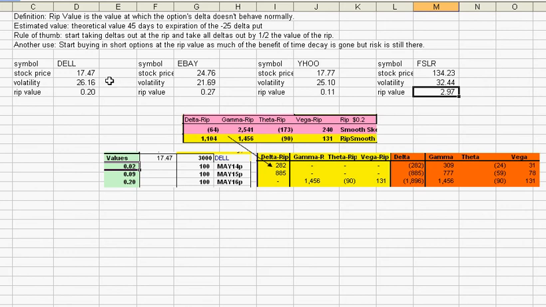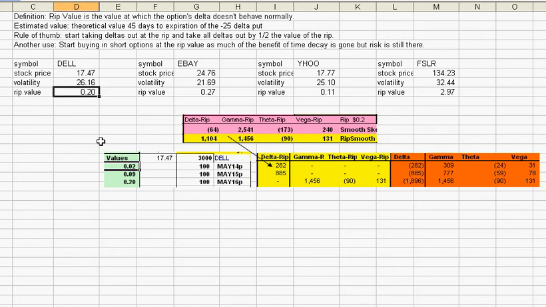So a rule of thumb that the traders would use is that they would start taking deltas out at the RIP value. So in Dell it would be 20 cents, and then the deltas would be totally out by the time the value of the option, it could be any option, January, 100 days to expiration, 10 days to expiration, they would take all of the deltas out by the time it was half the RIP value, or in Dell's case, 10 cents, right? The RIP value is 20. So I put together a